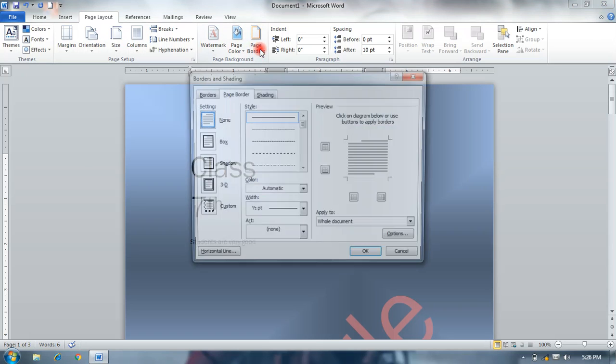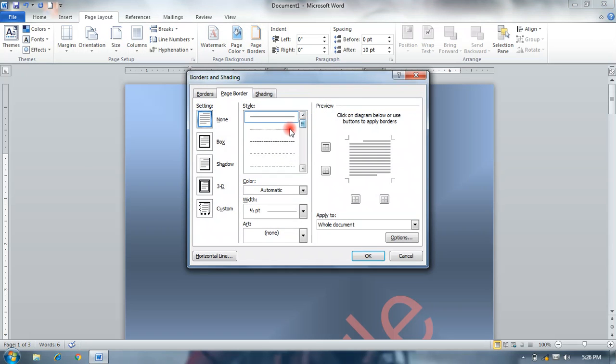Page border, you can apply a border to your page from here. You can select a border from here like that, styles, color, width, and this is the preview to display how our page looks after applying the border.